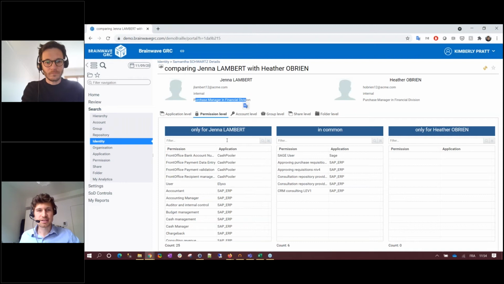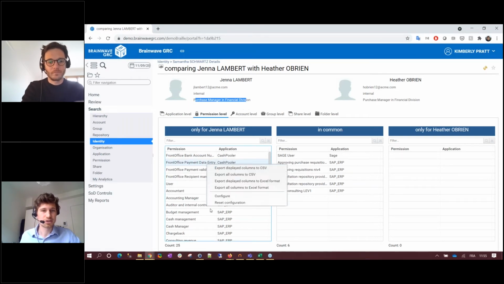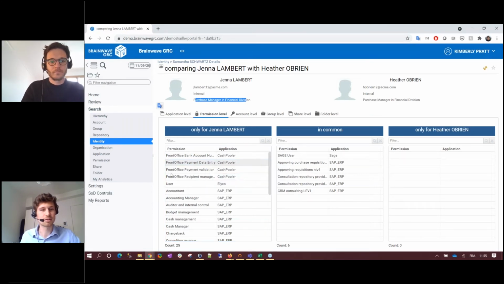And I can notice that one of the users, the new one, Jenna Lomber, is new in the team, but she has many more access only assigned to her compared to Heather. So it means that this user maybe has some access related to her previous position. So we need to remove those access if she's not still performing this. It's a first data cleanup to remove those access before the migration into the IAM system. Just export this CSV file, and you can deal with that with your administrators.